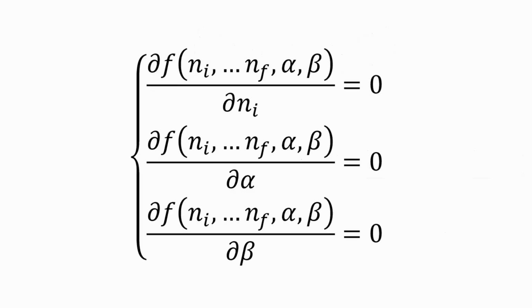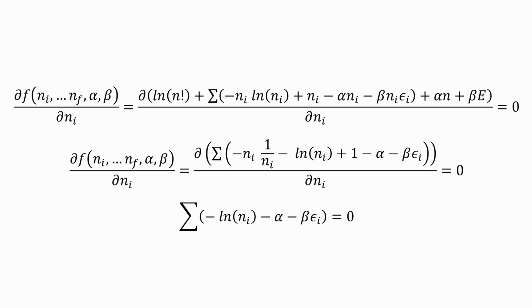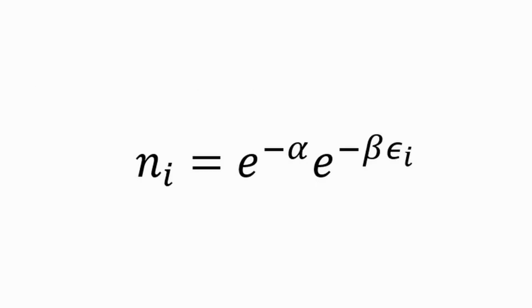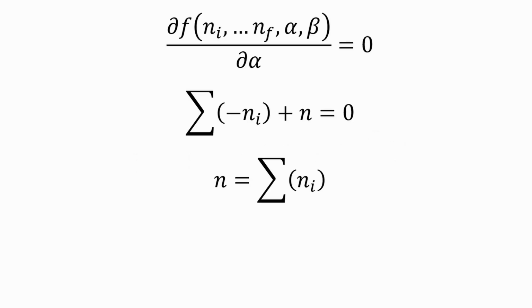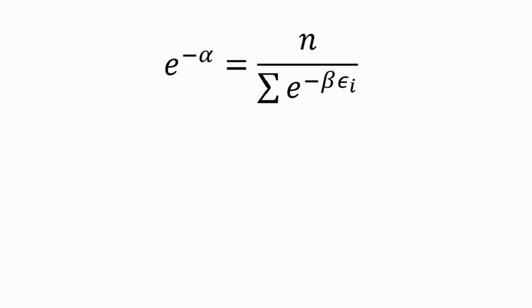The maximum occurs when the first equation yields. Since the terms in the summation are independent, the summation can only be 0 when each term is 0. Or, the second equation yields. Or, so the first Lagrange multiplier satisfies the following equation. The number of particles per energy level is, or